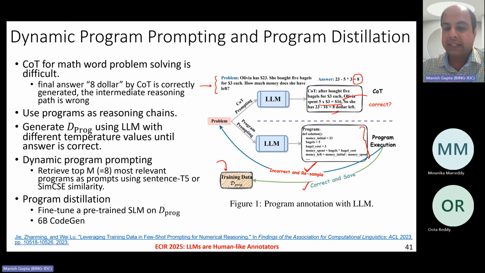Now, of course, I've used a very large model to do this. So what I could do is distill this to a smaller model and then use it for labeling more such examples, or directly use the small language model for my purpose. Okay. So essentially, if chain of thought reasoning does not work, you could try to ask the model to generate other kinds of